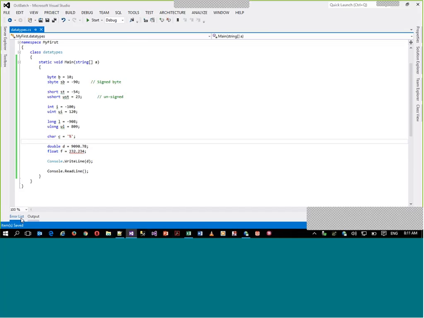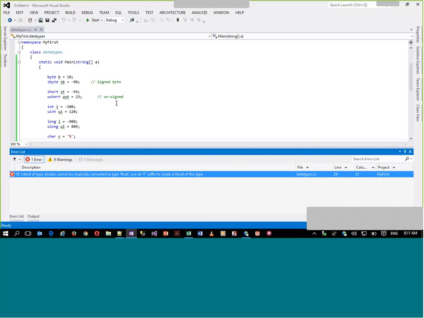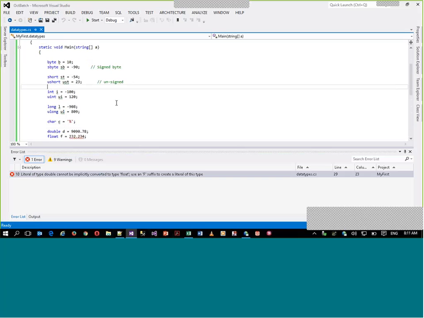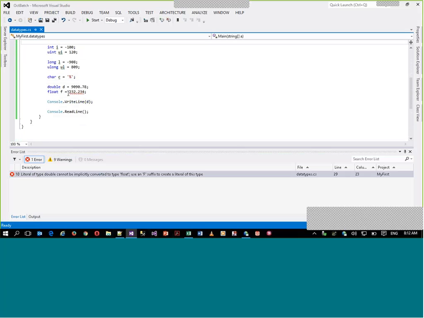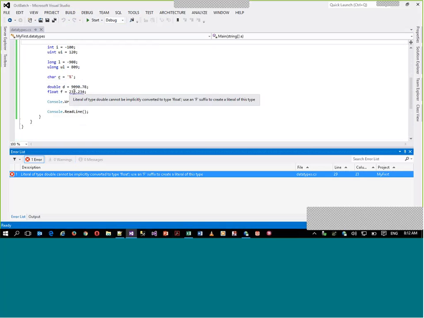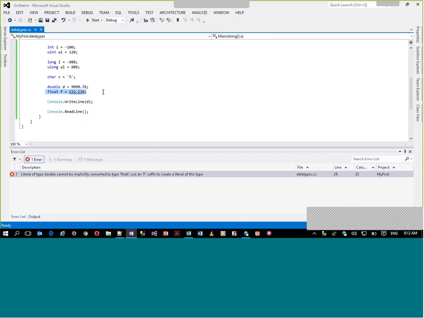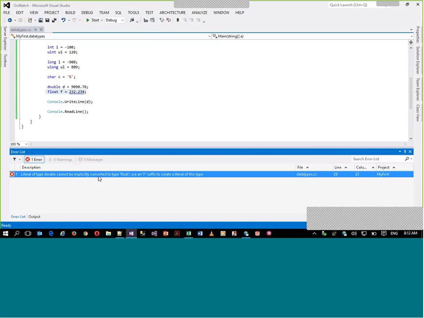If you open this error, you can understand. When you haven't built your program, it will show a red line, but if you build your file, it will turn to blue. Both are the same, both are errors. Simple. Now it says that literal of type double cannot be implicitly converted to float. It means we are not even defining double here, but why is it saying double cannot be implicitly converted? Because